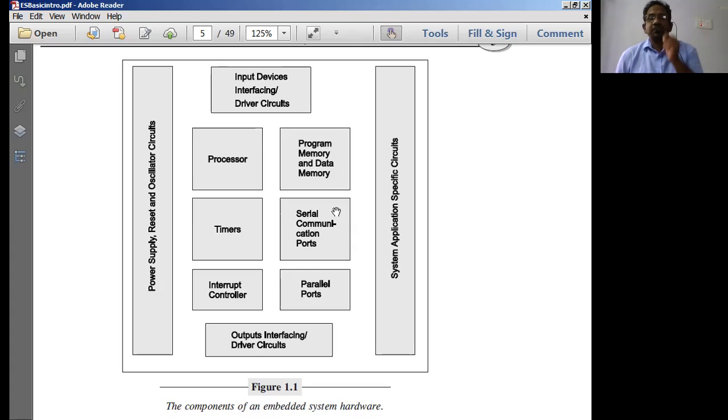It's going to have a separate memory internal to the program. That is what is called program memory. And to store the data temporarily while the program is getting executed, we normally use the data memory. And you're going to have the power supply units, reset, and oscillator circuits, and application specific circuits. So application specific circuits are also going to be embedded in the same chip. That means the embedded system is something like a tailored version of the digital computer system.